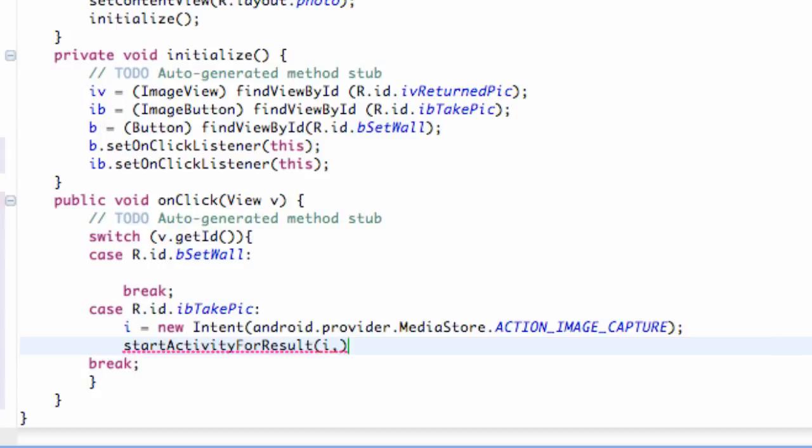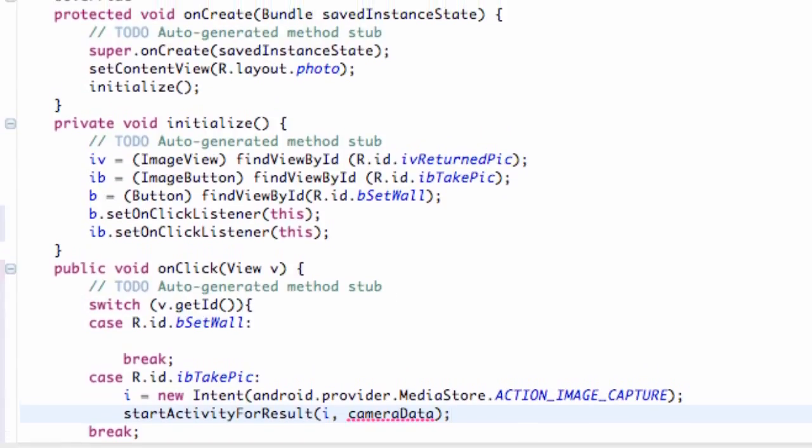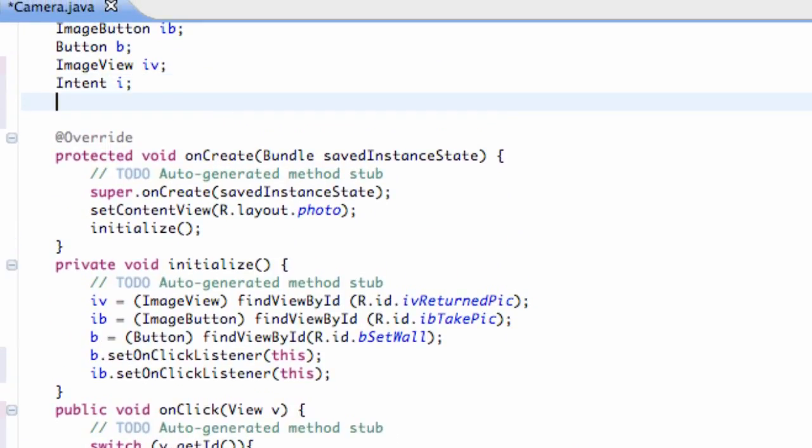And then we're going to hit a comma and set up a variable that's going to collect the data. And it's going to be an integer type variable. So we're going to say cameraData is what we're going to call this variable. Since we don't have a variable yet called cameraData, we're going to again set this up above our classes. So we're going to say int for integer and cameraData, and we're going to set this equal to 0, and you guys also need to say final static,